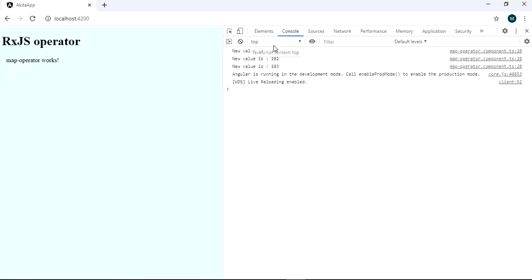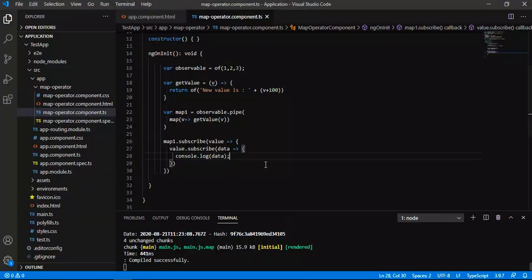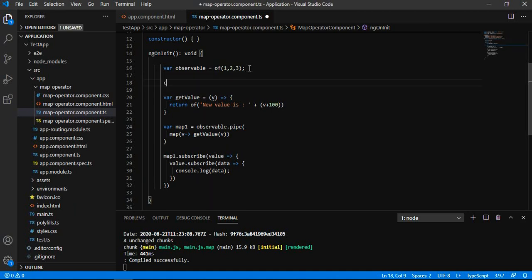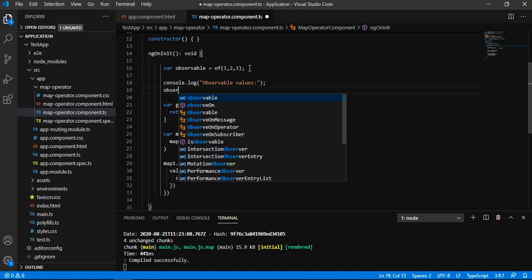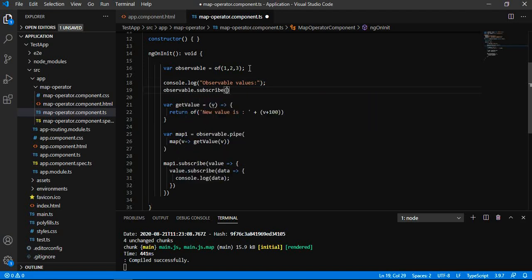So we have the values 101, 102, 103 that are coming from 3 inner observables that are created from the source. Let me console.log all the values that are coming from the source observable. Then we will see how it is different, how it is modifying the source observable.